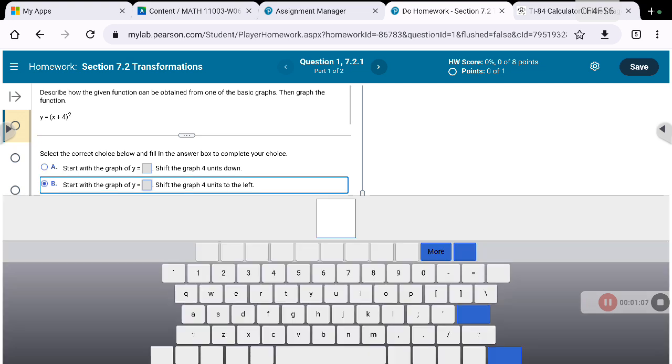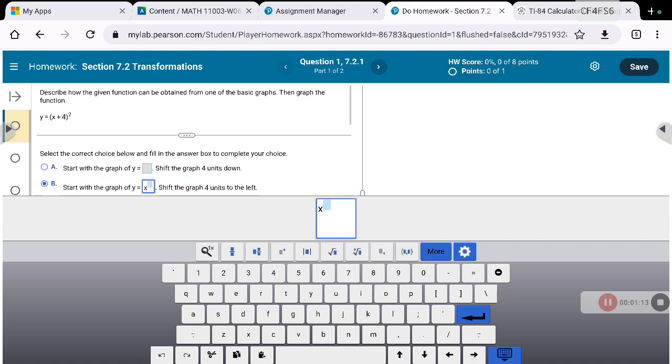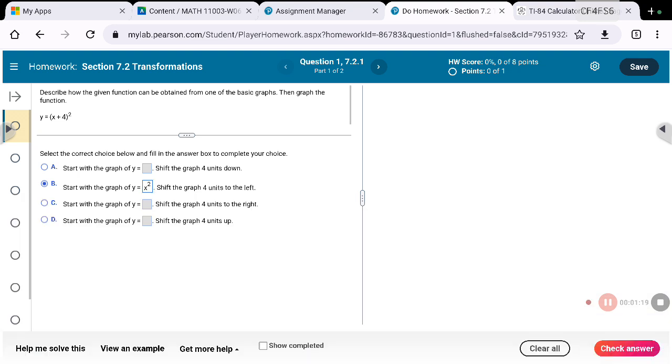Now, when we type in the answer here, we're going to have x, and then in your exponent, squared, because that's going to be the shape of the graph, the one that gives it its shape. So it starts with the graph of x squared, and it's going to shift it 4 units